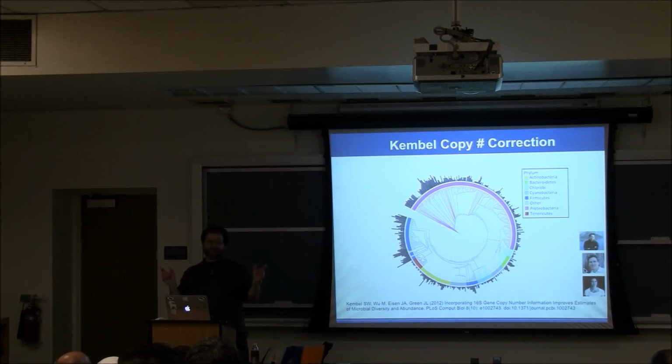Unfortunately, the copy number of ribosomal RNA genes varies a lot between taxa. And so if your taxa has 10 copies of the ribosomal RNA, you might overestimate its relative abundance by counting ribosomal RNA genes compared to an organism that has 1 copy of the ribosomal RNA gene. And so he built a phylogenetic tool that will, in essence, integrate the phylogenetic tree of taxa with known copy number data from genome sequencing projects largely, and estimate the copy number for individual sequences that you have from an environmental sample and correct for the estimate of their copy number to your relative abundance estimate.